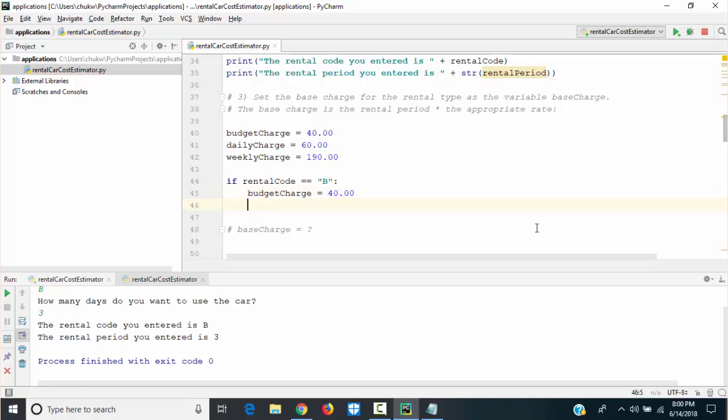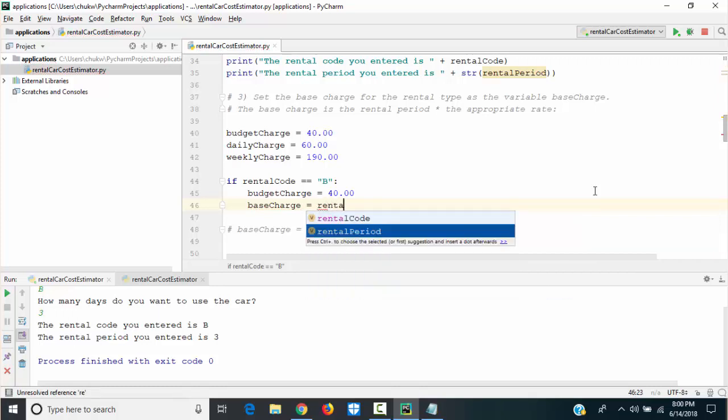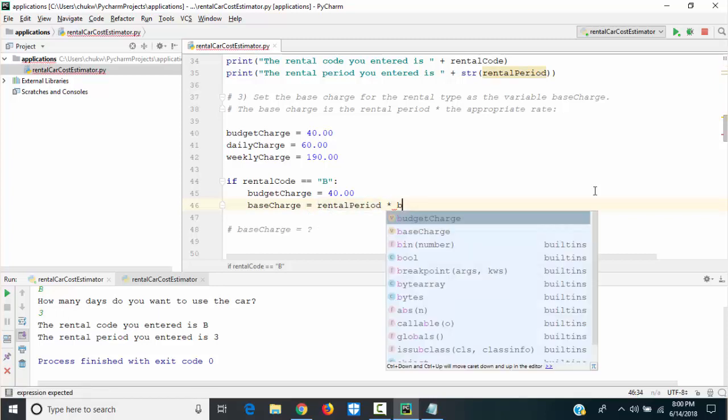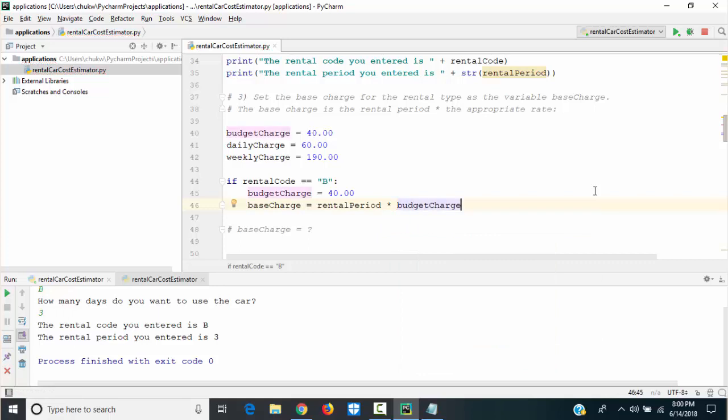And the base charge, they want us to use the variable base charge. So base charge is equal to the rental period which the user entered, rental period times the budget charge. Okay.